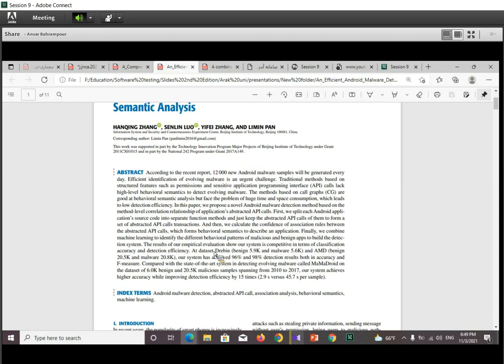What is the structure of an abstract? Normally, in the abstract part of research papers, there are some illustrations about the main problem of the paper, which challenge would be solved in this paper.